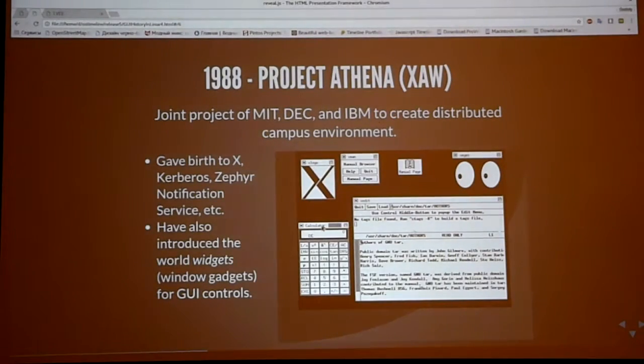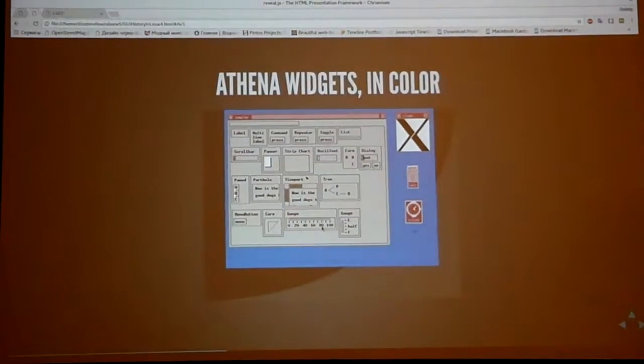It was also possible to see it in colors, but in fact it was intended to work with black and white pixels, but you could substitute the color of the black pixel and the color of the white pixel for anything you want. So the colorful version looks practically the same.